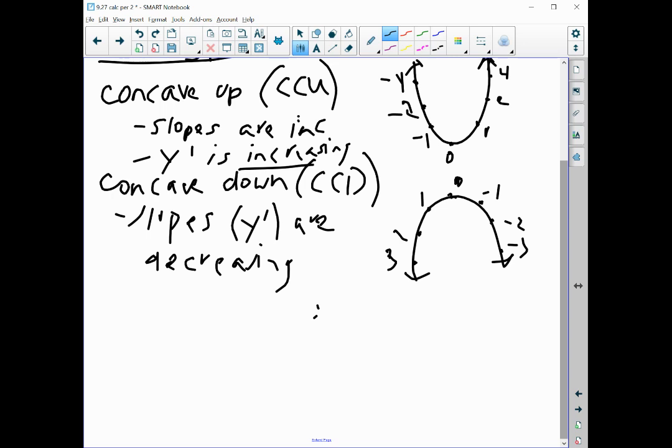Concavity is this curvature, okay? And you get that curvature when your slopes are either increasing or decreasing. So what that means for us is when the derivative is increasing, the function will be concave up. So I can say if f prime